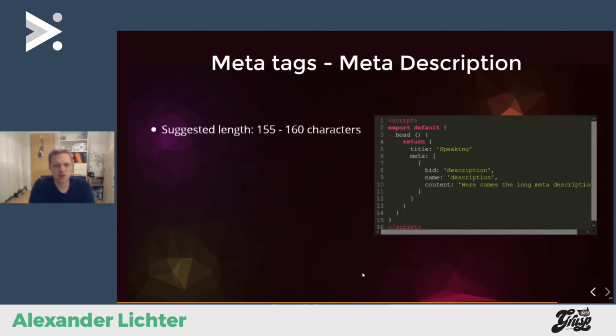And now we talk about the description. The description has, again, a suggested length of 155 to 160 characters, and you can define them in the page components itself. But it's important to note that this is your chance to advertise the content, to really show the desire and give the user the feeling that they should click on the article. Don't be clickbait here or something. Just